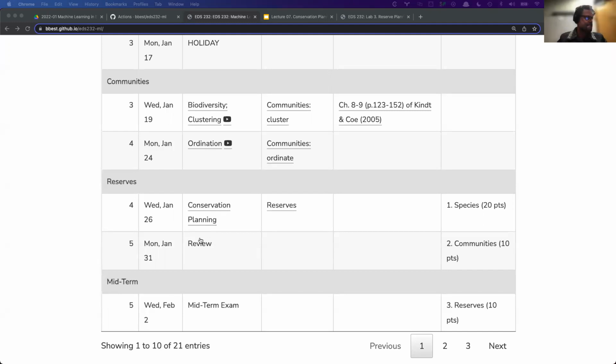And then the communities lab, we'll have that due on Monday. And then this reserves lab will be due the following Wednesday. So it's kind of all piling up. But the nice thing is that these aren't really hard to complete. It's more just being able to understand the concepts, which I will review on Monday, and we'll really highlight